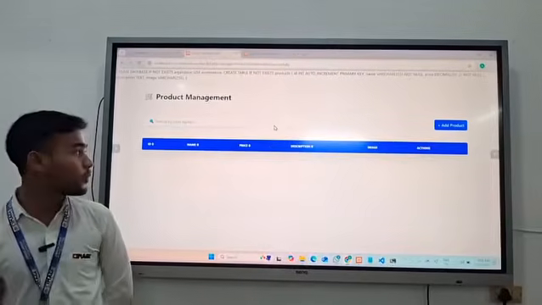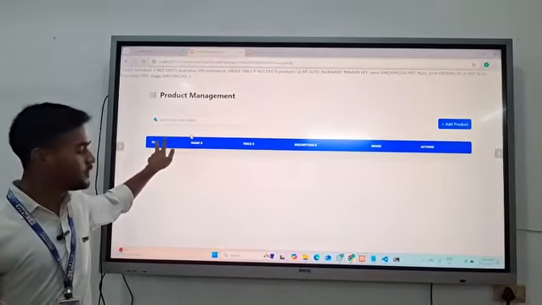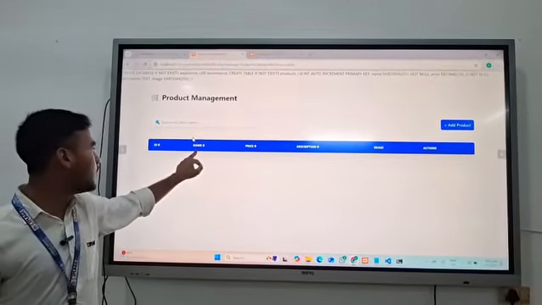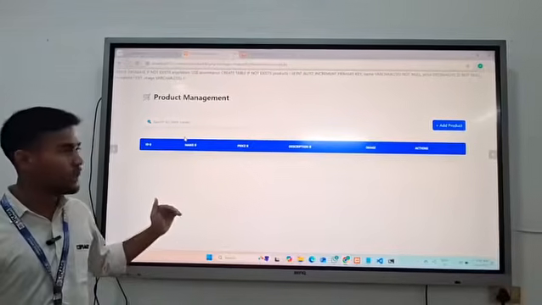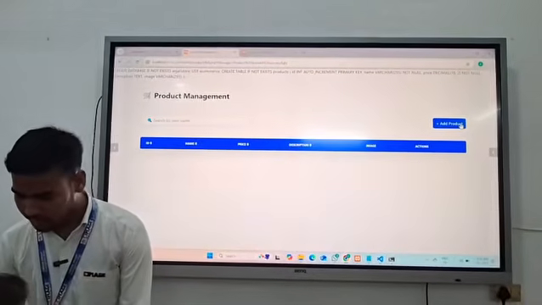We can also sort the products according to this ID and name. When we click on this, the product will be sorted according to the ID. If we click on this, then the product will be sorted alphabetically. Let's see how it is being sorted.